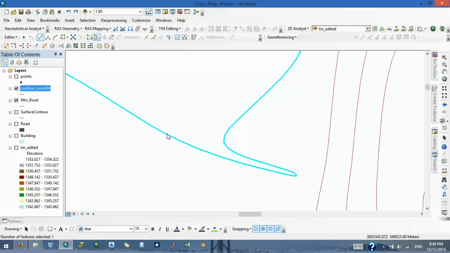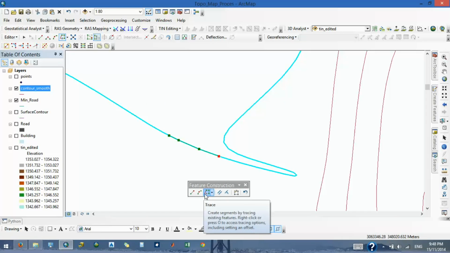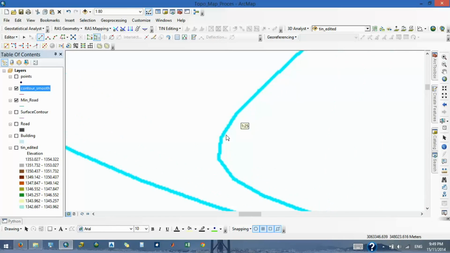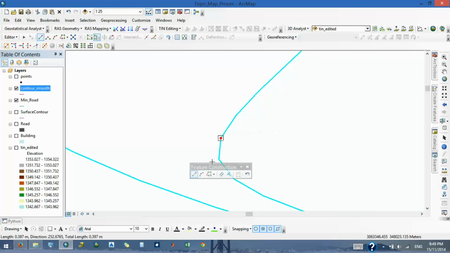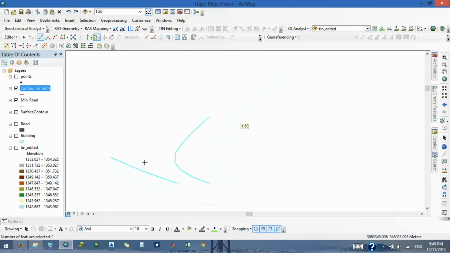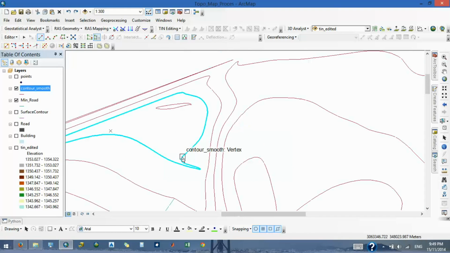Okay, what is going on here? Let me trace it. Let me use the trace tool. Trace it from here to here, and then let me use this line tool from here to here. Okay, I think this does have some problems. So let me use this trace tool and line tool together to trace this contour from here